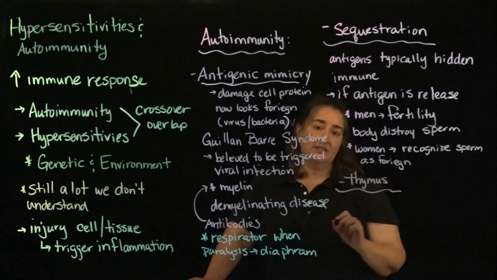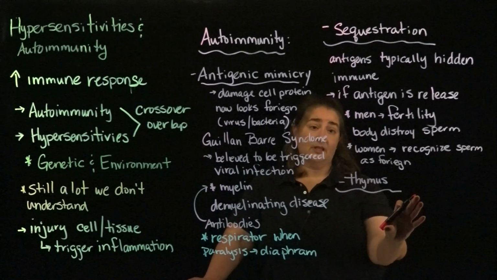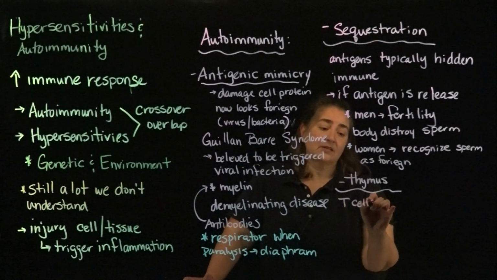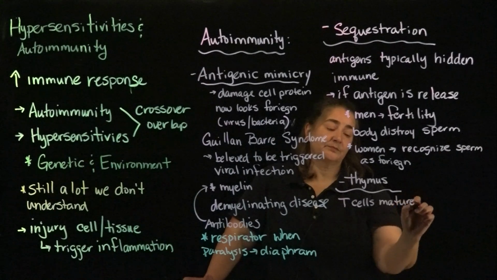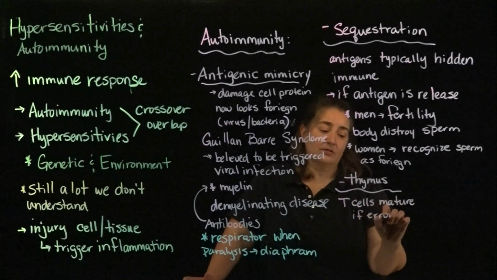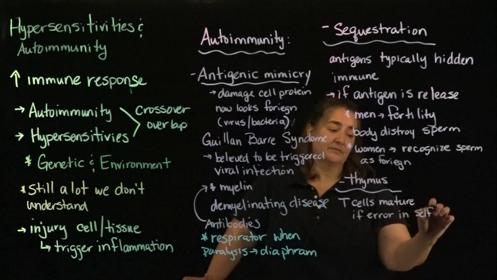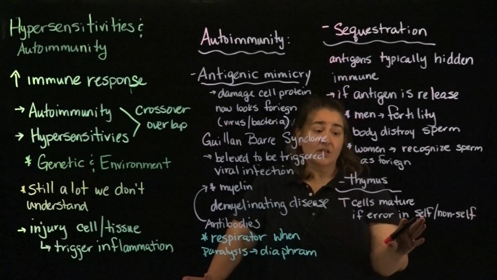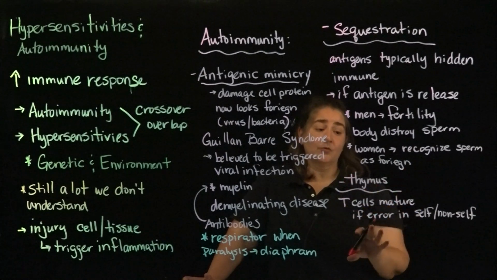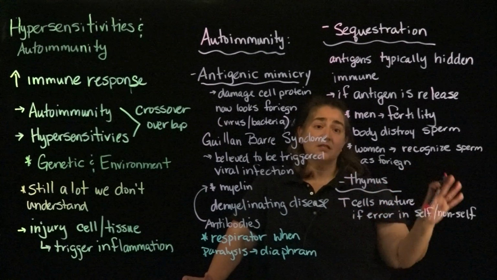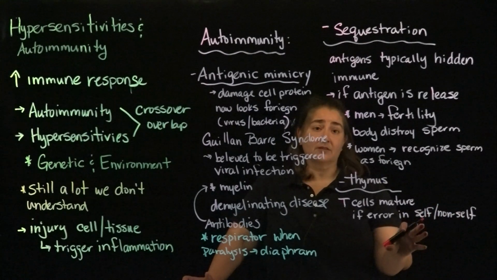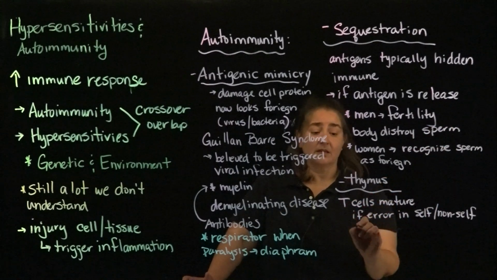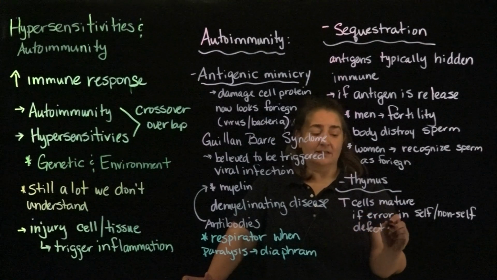The thymus is another area where autoimmunity can result, okay? Because with the thymus, this is where T cells mature. And if there's an error in recognizing a self-antigen, so typically what happens in the thymus, when those T cells are produced, some of them may be reactive to self cells. But the thymus has a process to filter those out because you don't want to be attacking your own body, okay? So there's a defect there in sorting out